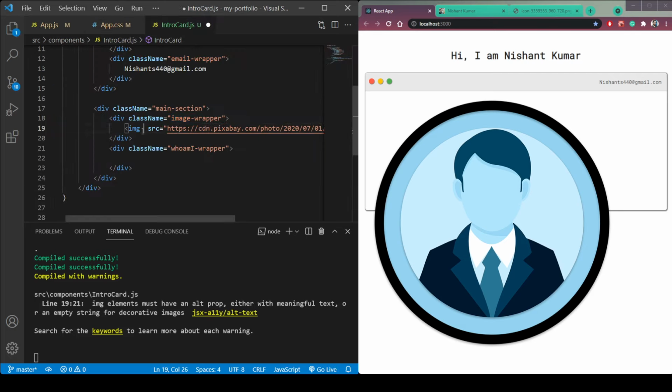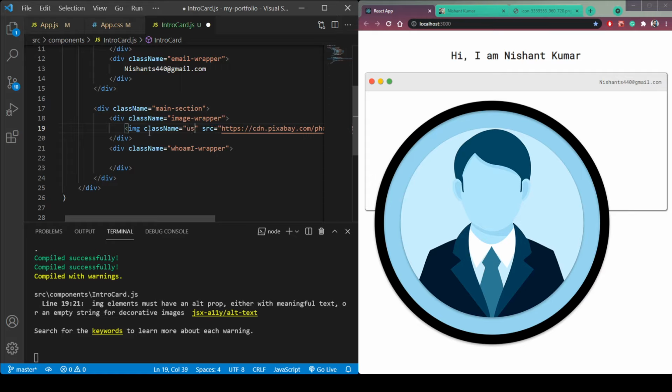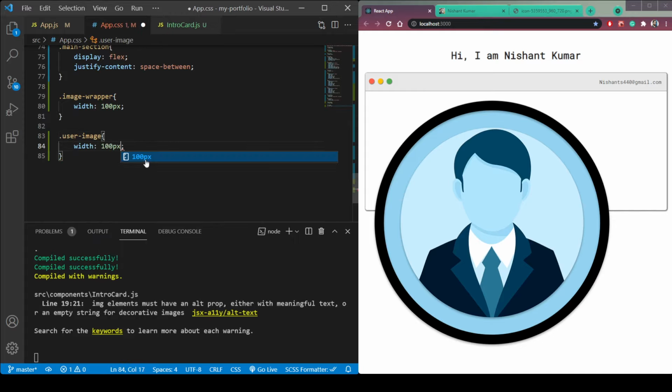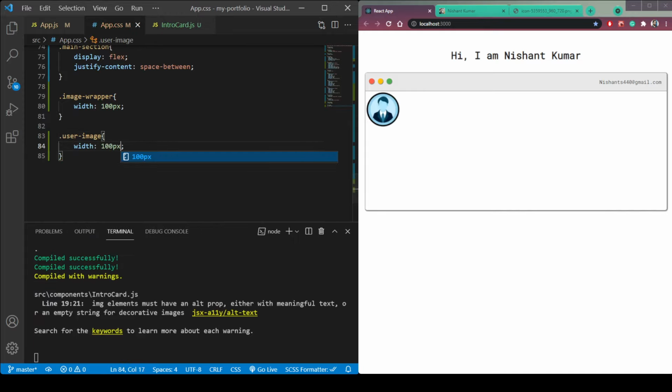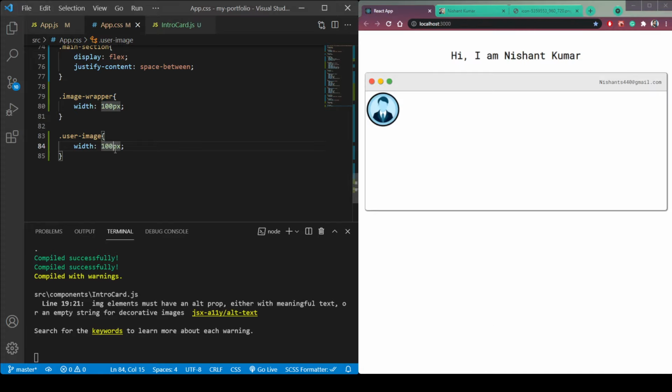Or let's say give this class name of image, class name of user image. Copy this user image and paste it here. Give this width of 100 px, and you can see it is much smaller, but let's make it 150.